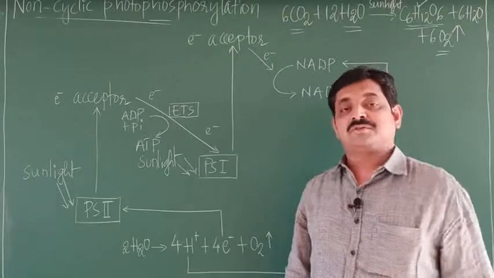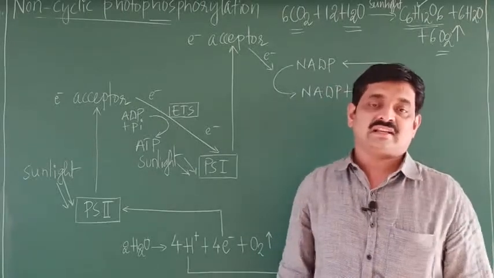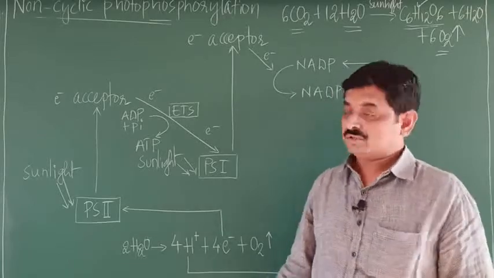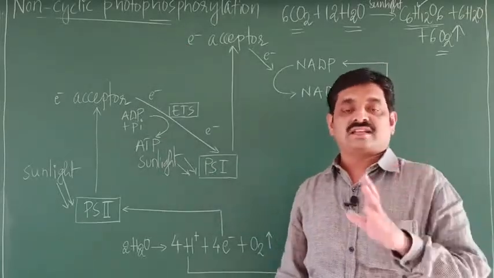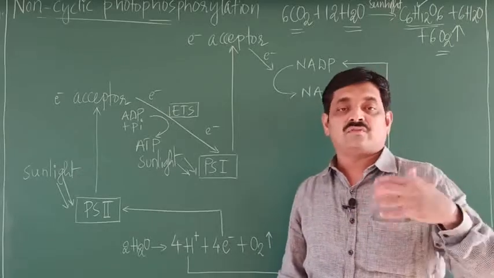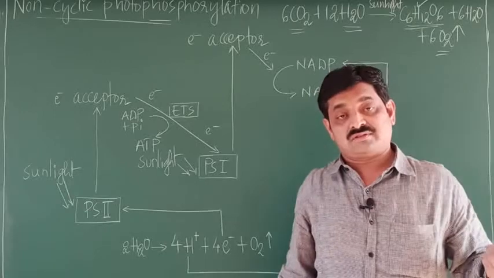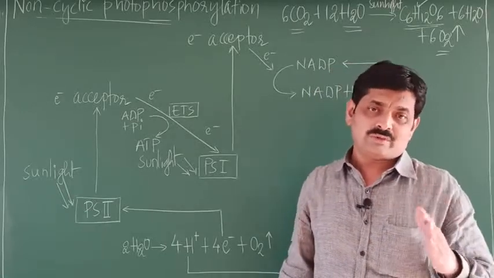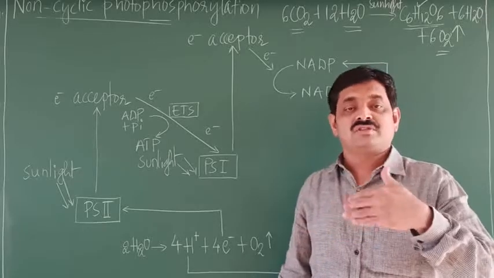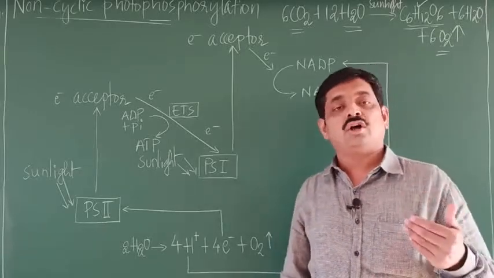So in light reaction, the main part is the non-cyclic photophosphorylation. Non-cyclic and cyclic photophosphorylations take place during light reaction of photosynthesis and ATP is produced. Along with that, oxygen is liberated. So first we will consider the non-cyclic